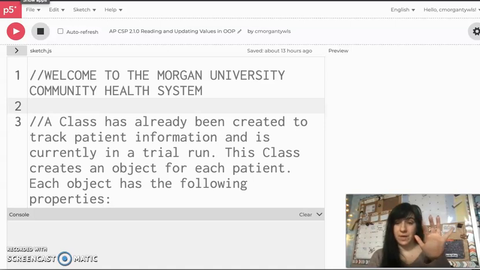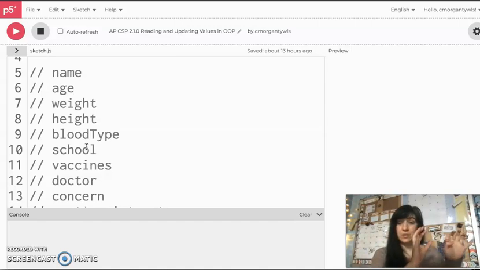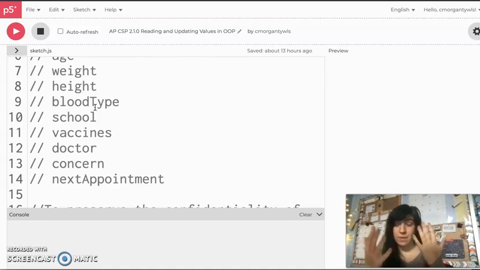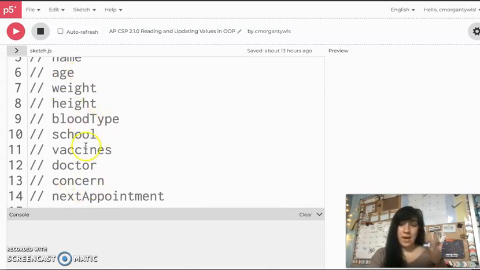So I have 5 different variables, and each one has been initiated as a new object from this patient class. Every single object from this class has the following properties. That means in their constructor function, they have a name, age, weight, height, blood type, school, vaccines, the doctor they're assigned to, the concern they have, and then their next appointment. Everything is exactly as it is here. It's spelled the same way, it's cased the same way, and that's going to be important in just a minute